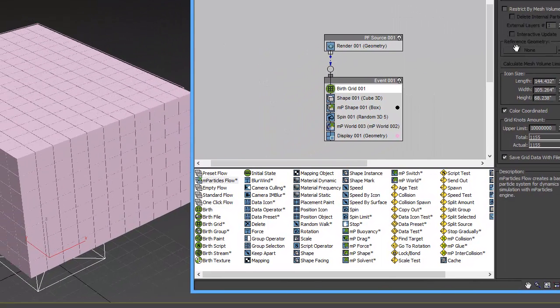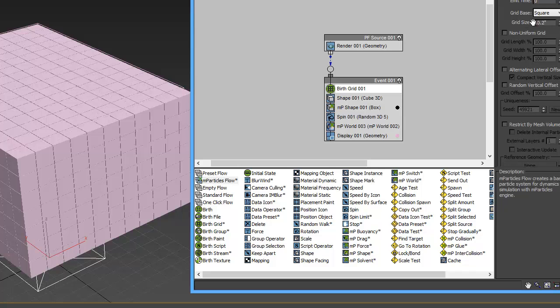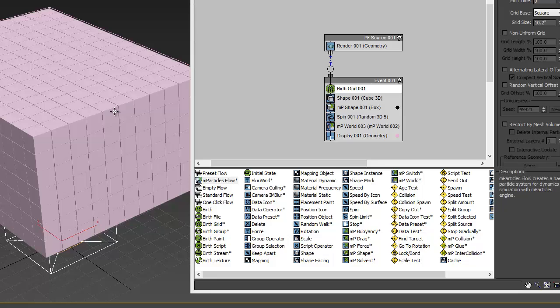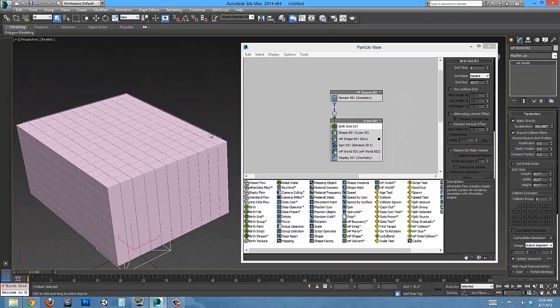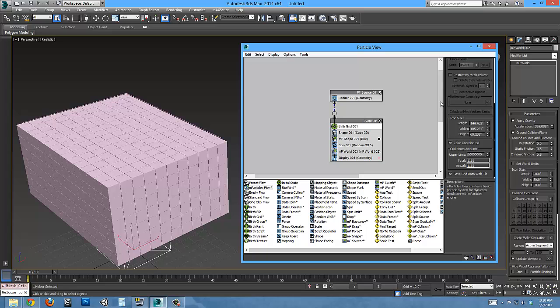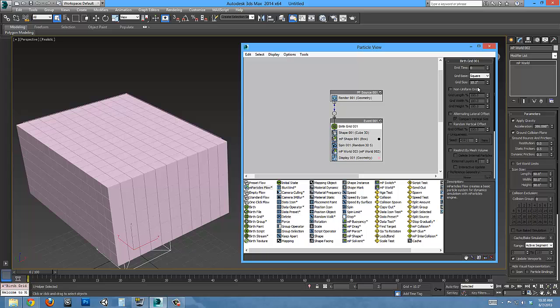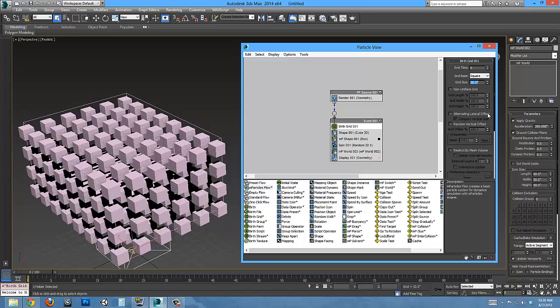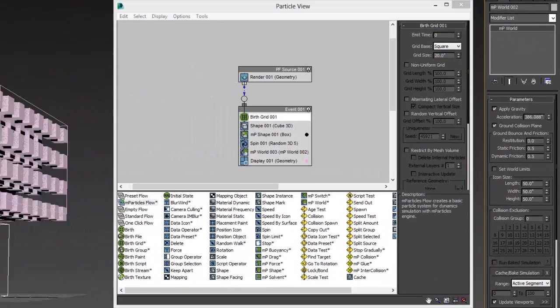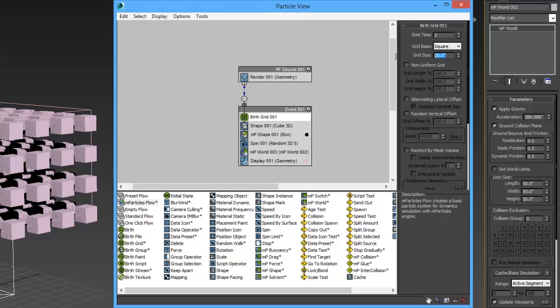Another parameter that is important is of course the grid size, which really should be called something like spacing. It doesn't really affect the size of the actual grid. That's more like the icon size at the bottom, but what it affects is the spacing between particles. So if you increase this number, you're going to see fewer particles because you're increasing the spacing between particles within the grid, right? If you decrease this number, obviously you'll see more particles, and they will not care about intersecting